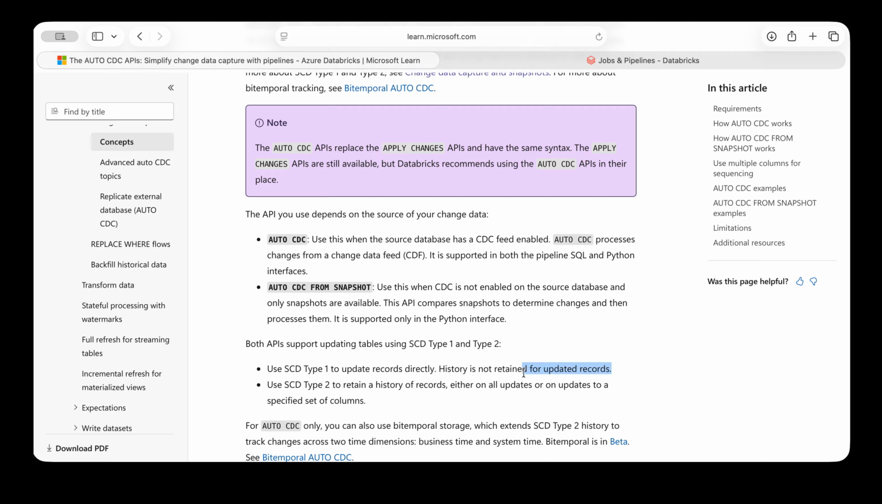In one, obviously, we don't retain the history. For example, I moved from New York to Chicago. You'd only see the Chicago record, and in SCD type 2, you will see I was in New York from and to date, and Chicago is my current location, right? For example, now